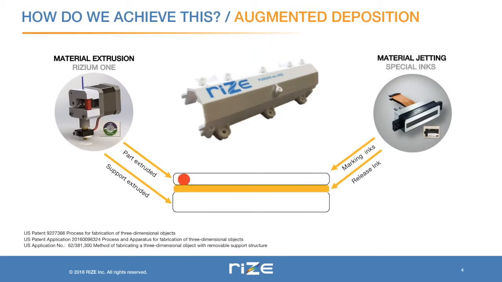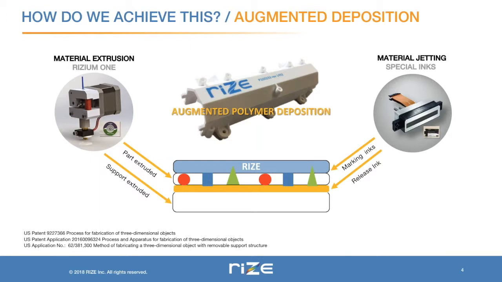So next I'll talk about the basic system that we use to accomplish these things. RISE uses a patented technology called augmented polymer deposition, wherein between layers of extruded thermoplastic, we are able to jet different functional inks. So typically the way this will work is that initially a bottom layer or layers of